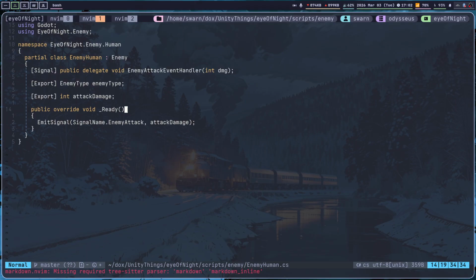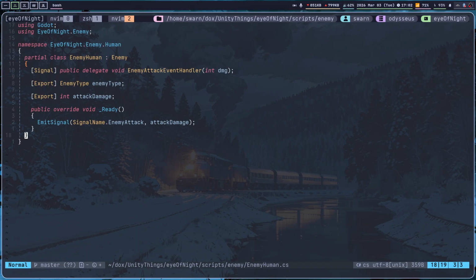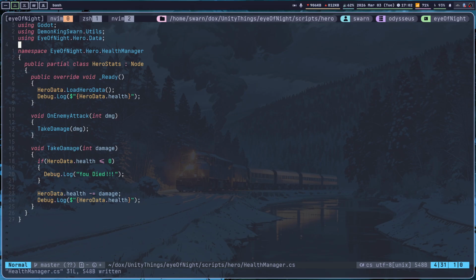We are currently doing the ready function. So if it is here, now that we know this is how we emitted this signal with damage, and then we are emitting this right here on enemy attack. It's taking its damage, and